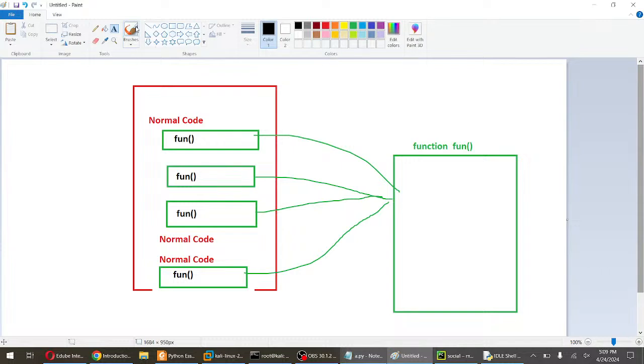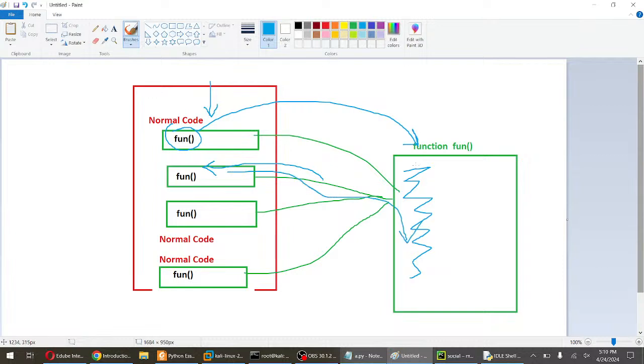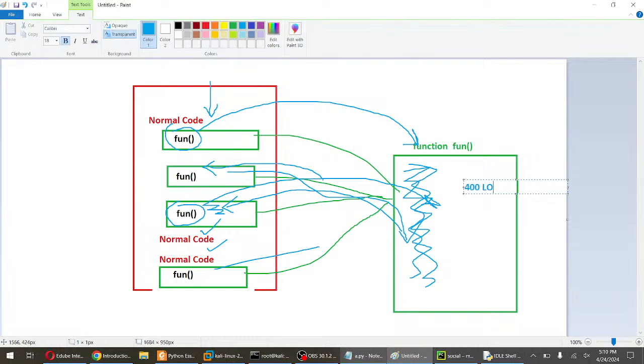It will start from the top, that's normal code. When it says fun, it will shift immediately here and this source code will be executed, and then my control will be transferred back here, and it will perform this specific task. Then again it comes back to fun, calling this function again, and back to normal code. Suppose I assume that it has 400 lines of code, LOC for line of code. Okay,